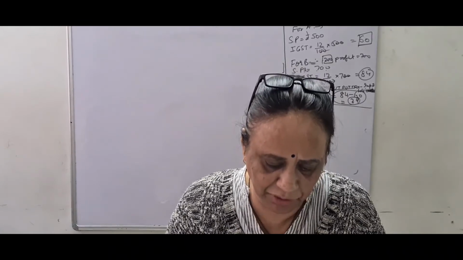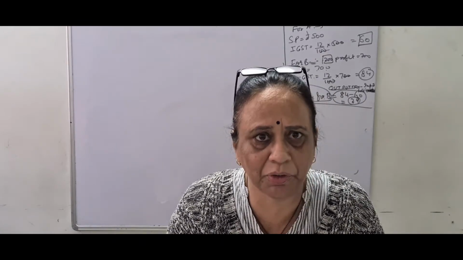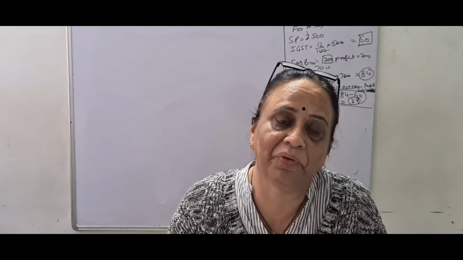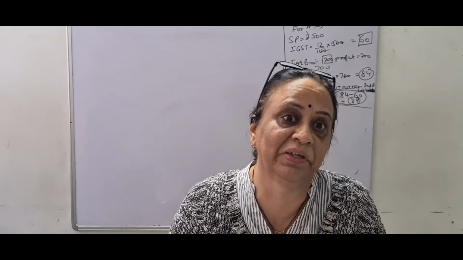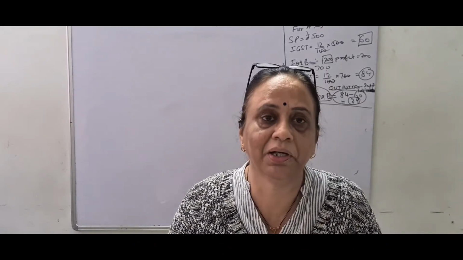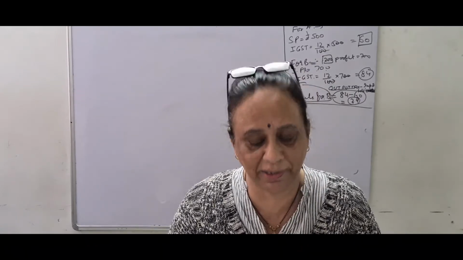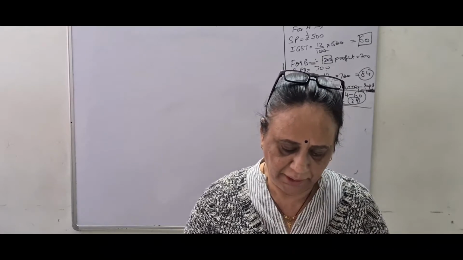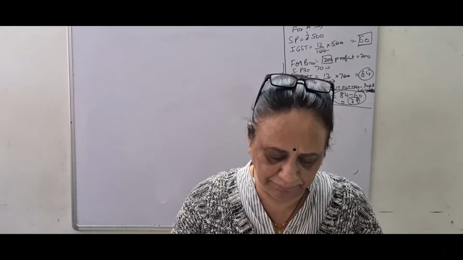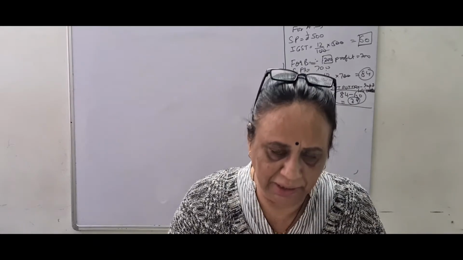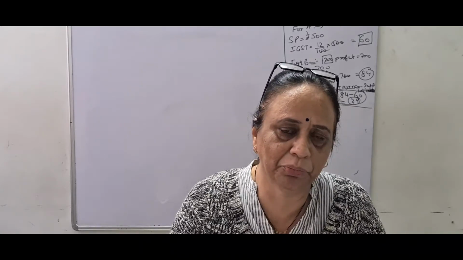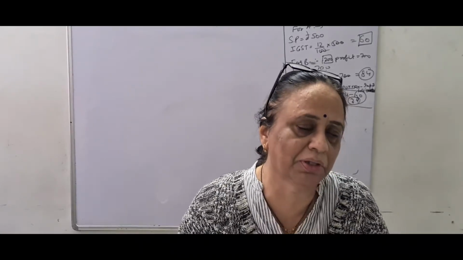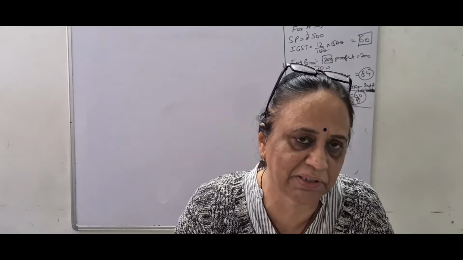Now for C, if you want to calculate, you cannot do it because C is the end user, and for end user output is always 0. So be very careful, just identify the end user in the beginning only. For example, a product is sold from Kanpur to Banaras. You know that both the states belong to UP, and I told you not to be worried because over there it will be written which state they belong to.